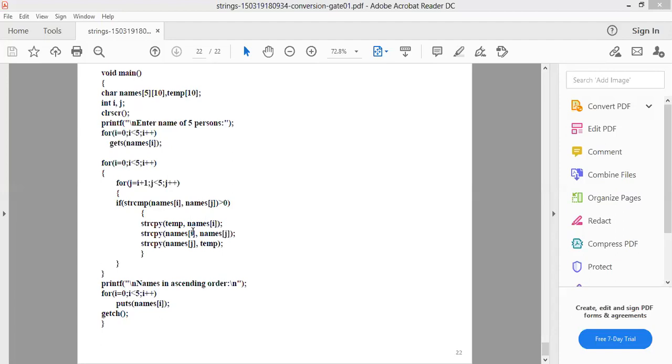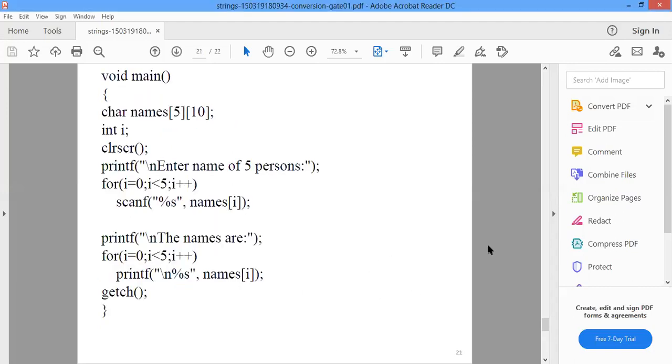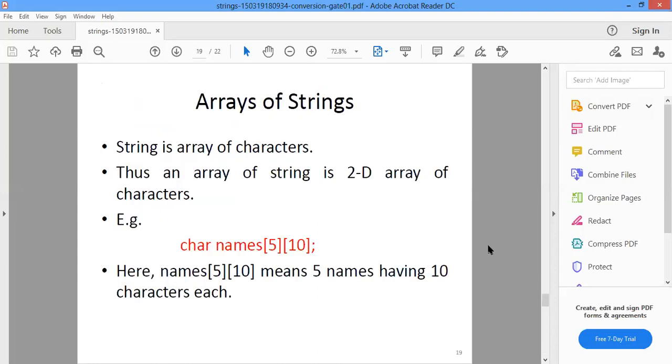So today we will conclude our chapter that is strings. We only have the last topic, which is known as array of strings. As we know, a single string is also a type of single-dimensional array. For taking one single string, we make an array of characters, which is single dimensional. But suppose I want to create an array of strings.